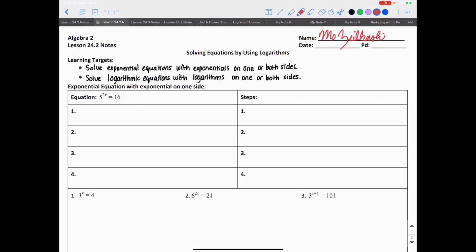The learning targets for this lesson: we're going to solve exponential equations with exponentials on one or both sides. And we're going to solve logarithmic equations with logarithms on one or both sides. We're going to start by talking about exponential equations with an exponential on just one side, which means if I have some base raised to an exponent on just one side. That's what I mean by exponential. So actually we should write that. Exponential is some base